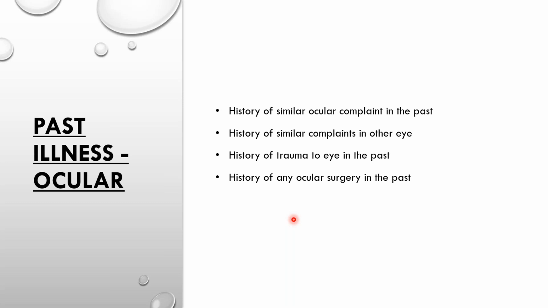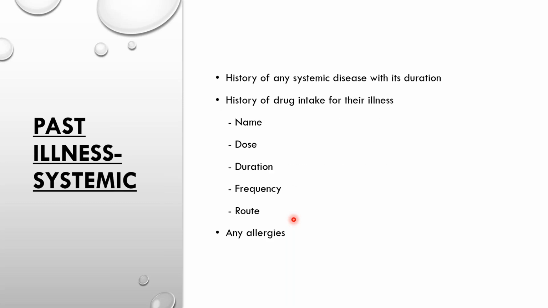Also, if there is a history of surgery in the same eye, for example, a pterygium excision, or a trabeculectomy. What happens is when these eyes have been operated upon, there's going to be a lot of scarring. So when you operate on them for the second time, you're supposed to expect that there's going to be a lot of fibrous tissue that you're going to deal with, or your trab might just fail because of excessive fibrosis, right? So that kind of history also gives you a lot, so that you can plan the surgery properly, or you can give a good prognosis to the patient.